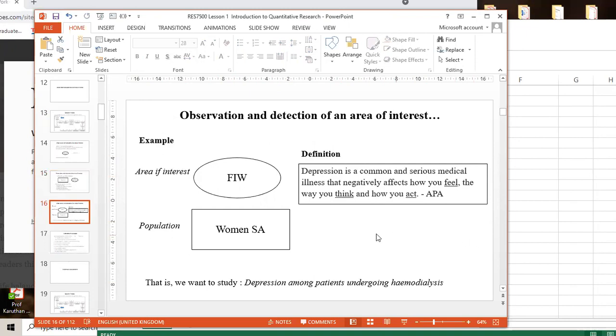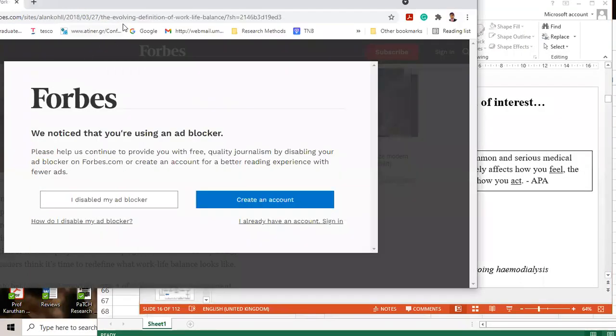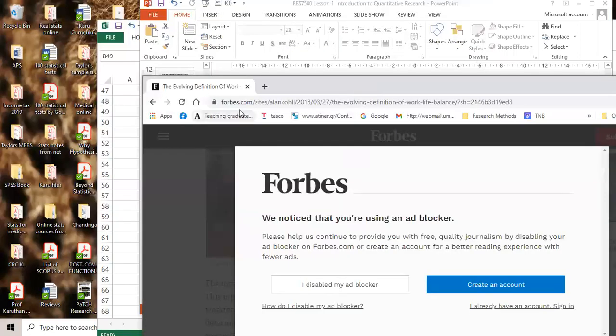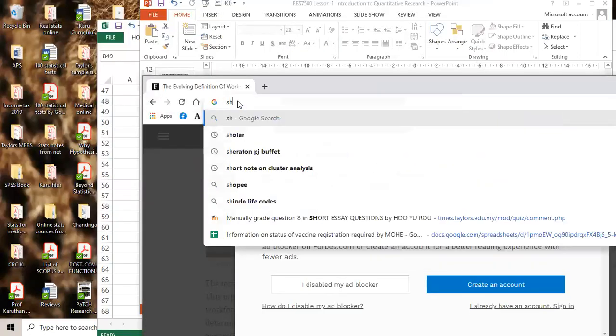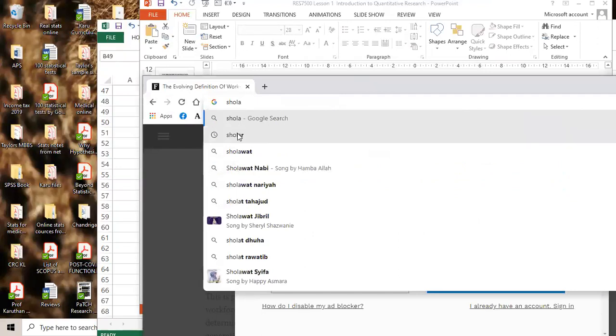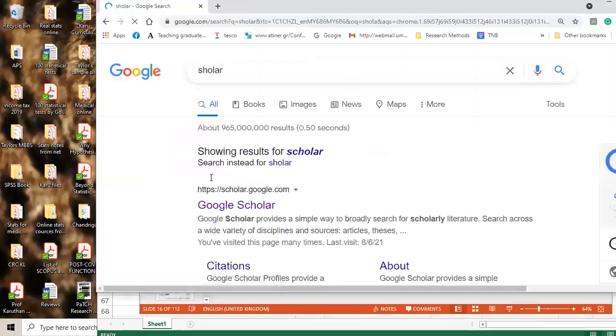Yes. All right. Then what you do is take 5 articles. Just go to anywhere you want to search. I'm going to search in Google Scholar.